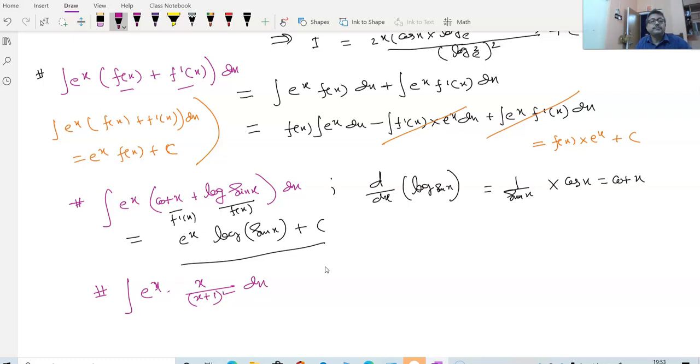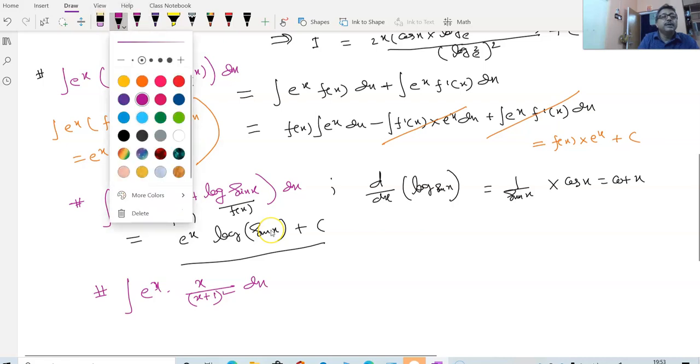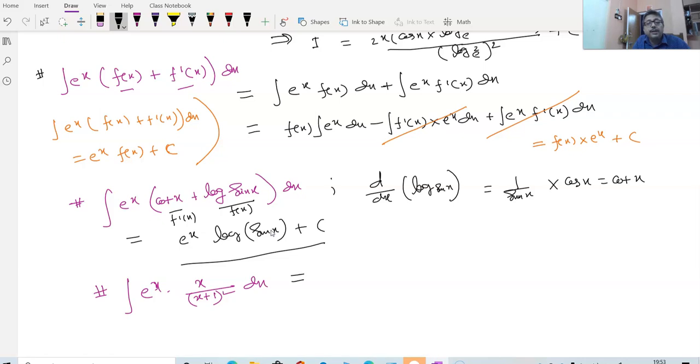How do you do it? e to the power x into x by (x plus 1) whole square dx. So whenever there is a product of these two types of terms, in your mind it will first strike that I have to express it as the exponential function multiplied by the sum of two, one of them being the derivative of the other. So if anybody wants to write it as the sum of those two, here it's going to be e to the power x